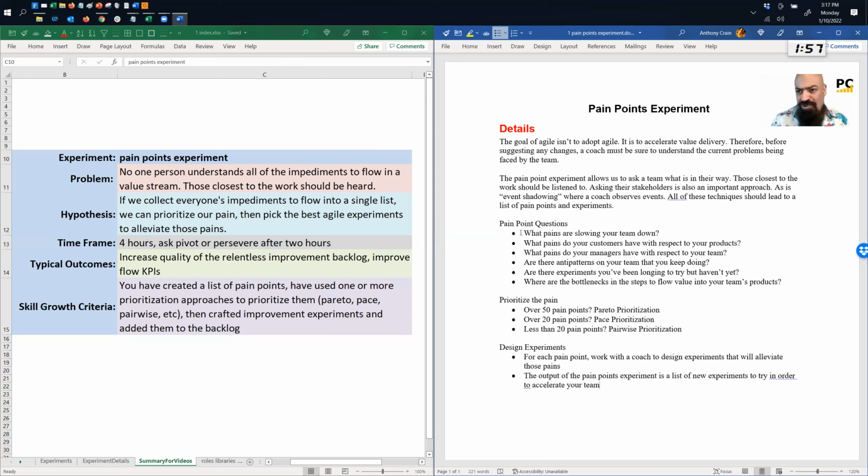Are there anti-patterns that you know you're already doing badly? Can we just get those listed out too? And are there experiments that you were like, we've always wanted to write stories better, we just never learned how to estimate faster. We never really did it. Okay, so that's an experiment you already had in mind.